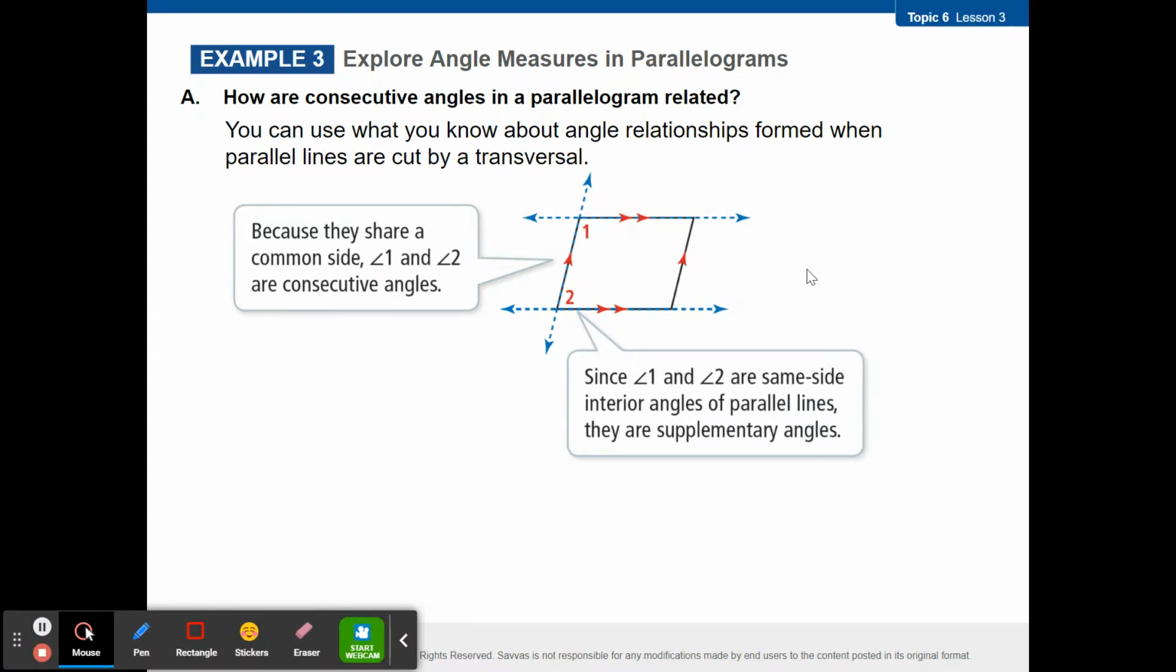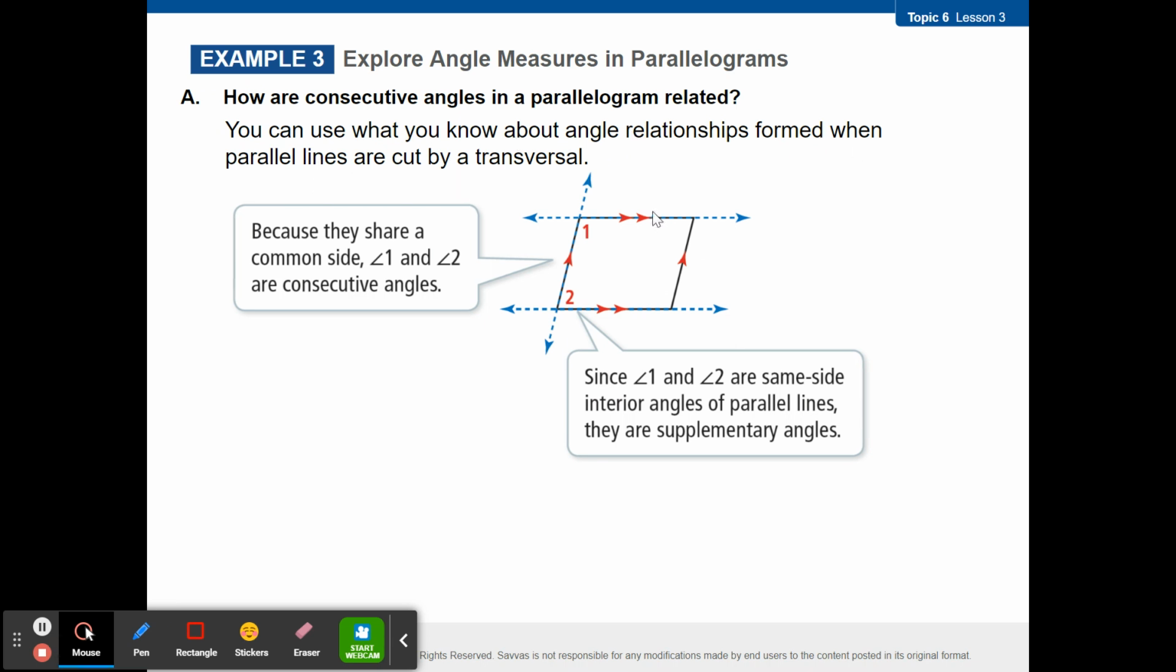Okay, let's take a look at example 3. Now that you have this, you should have this copied down by now, I hope. Okay, so it says you can use what you know about angle relationships formed when parallel lines are cut